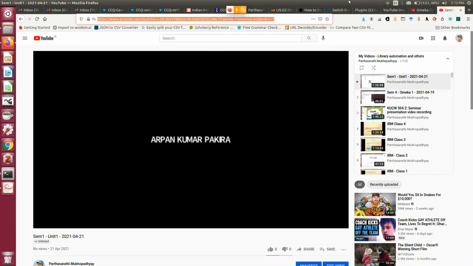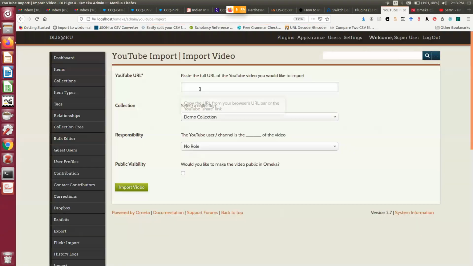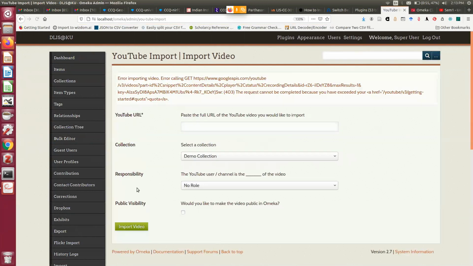Now suppose I want to try it with Omega. Now if I click import video, see what happens. So these are some of the advantages of plugins. Error importing video, the request because you have exceeded your quota.